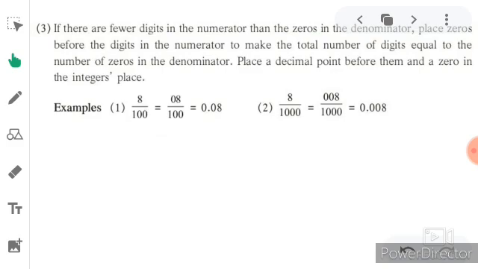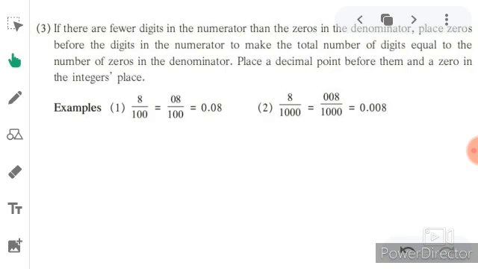So what will we have to do? We will have to write as many zeros as are present in the denominator. You will have to make this one-digit number a 3-digit number. Means we will have to put 0 before the number as many as the zeros present in the denominator. So you will have to put 2 zeros, and give the decimal point after two digits. So here 8 is given to you.